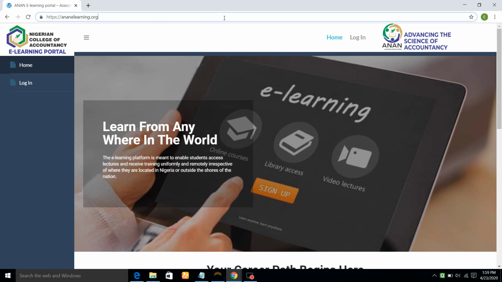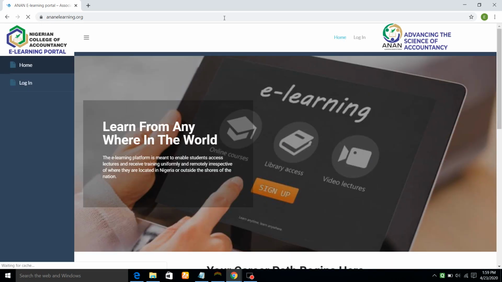So simply striking the enter key from me here will return me to the same page, and this is how you'll be presented with a page. Now, with the home page, we are presently presented with two buttons, which is the login and the home buttons. Presently, we are at the home page, and in order to access the other aspects of this portal, you simply